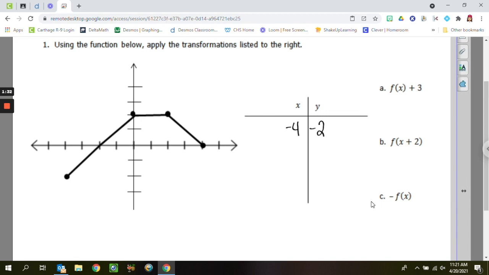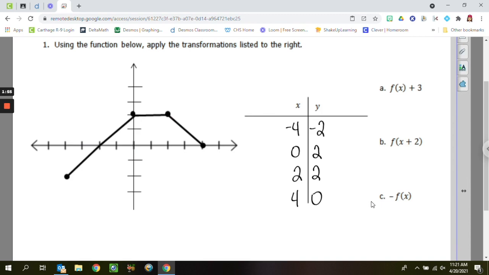We have 0, 2. We have 2, 2. And 4, 0. On each of the original functions, you're going to have 3 different things that are going to happen to the original function, which is why I recommend